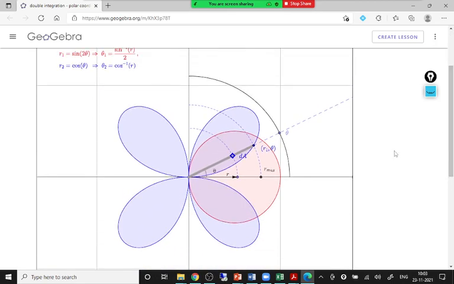Oh, my mistake. You will observe this, only I have to rotate. First, I have the strip at theta equal to 0. Now I am dragging. Here is theta equal to maybe 30 or 45 degrees. Then I am dragging up to 90 degrees. So when theta was 0 degrees and at 90 degrees, it covers the entire region. That gives us the limit of theta.